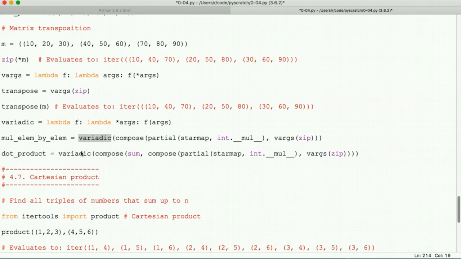And we can apply the same pattern. These two functions are very similar, right? And we used the same pattern previously in solving both. So we're going to apply the same pattern again, right? So instead of this, we can use sum, all right? And instead of multiplication, we can use the partial application of starmap and int mul, and then again we have a vargs of